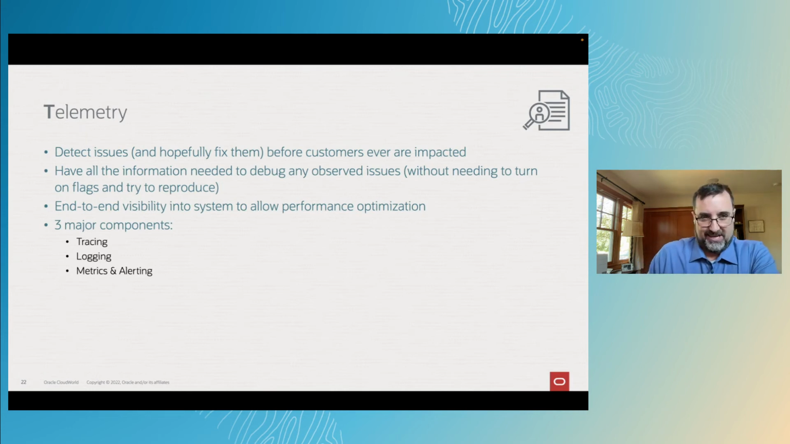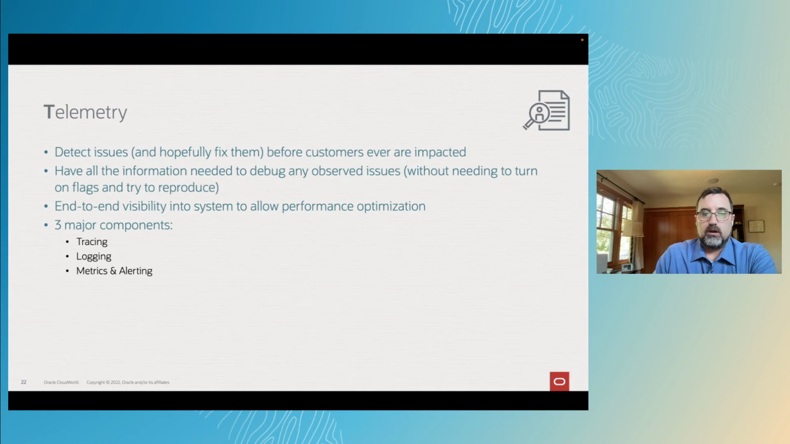The T, telemetry. We're down to the T of Spectra. And obviously the ordering of these is somewhat arbitrary because we tried to make an acronym out of them. But telemetry is really all around detecting issues automatically and hopefully being able to fix them before you as the customer are even impacted. So we want to have all the information necessary to debug any issues that are observed,